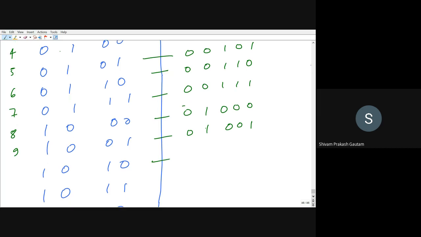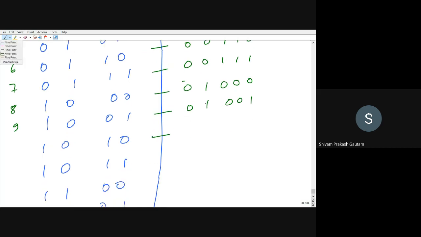Right. Now if you see 10, from here the things will change. You know that in BCD, for one place of decimal we use 4 bits of BCD, right? So 1 can be represented by 0 0 0 1, and 0 can be represented by 0 0 0 0. So I can write 0 0 0 0 here, and the 1 of this 10 I can write here. So from here the things will change. So this is for 10.